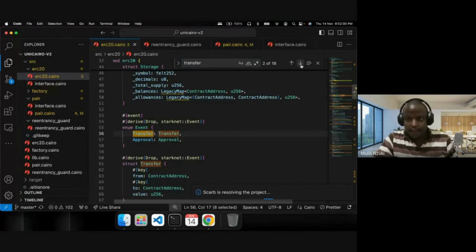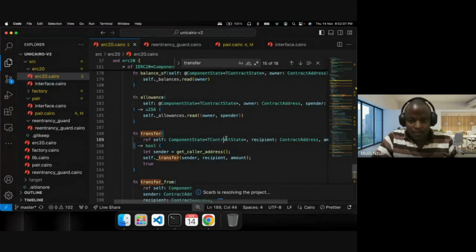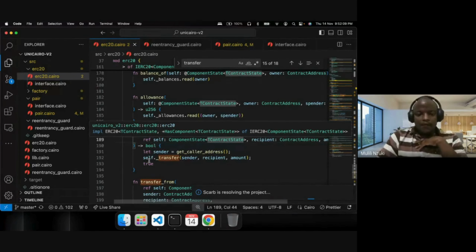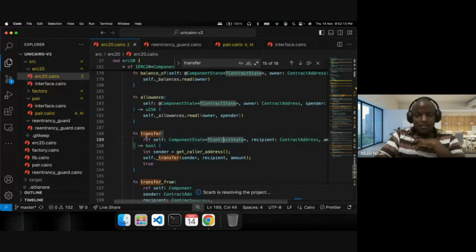Not the event, but the function itself, not the internal function, but the actual one. Yes. If we search for this external function transfer, this is the logic that's being called inside the